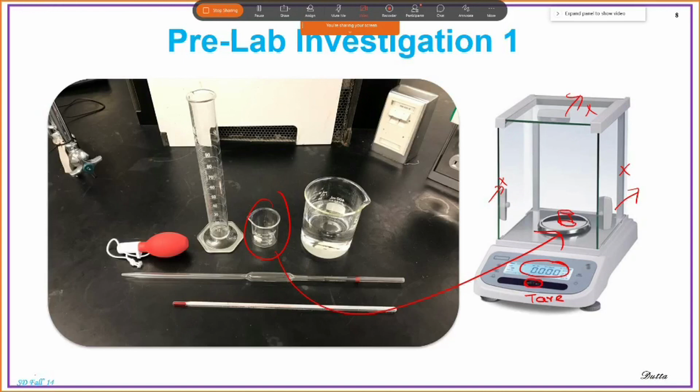Then you open one. If I'm right-handed, I'm going to open this door and place the beaker here. Empty beaker. Then I'm going to see the mass of the beaker. Okay. You need to record the mass of the beaker. Once you know the mass of the beaker,